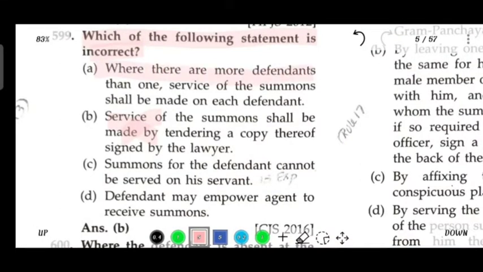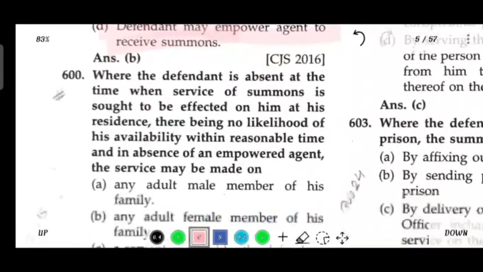Where there are more defendants than one, service of the summons shall be made on each of the defendants. Summons of the defendant cannot be served on his servant. The defendant may empower an agent to receive summons. Where the defendant is absent at the time service of summons is sought to be effected on him at his residence, there being no likelihood of his availability within a reasonable time, and in the absence of an empowered agent, the service may be made on